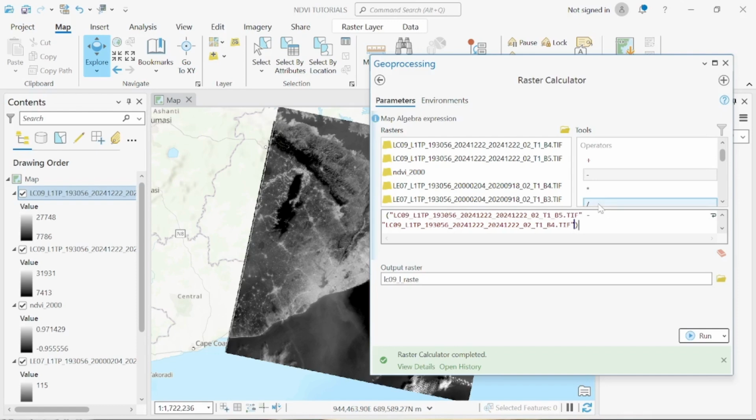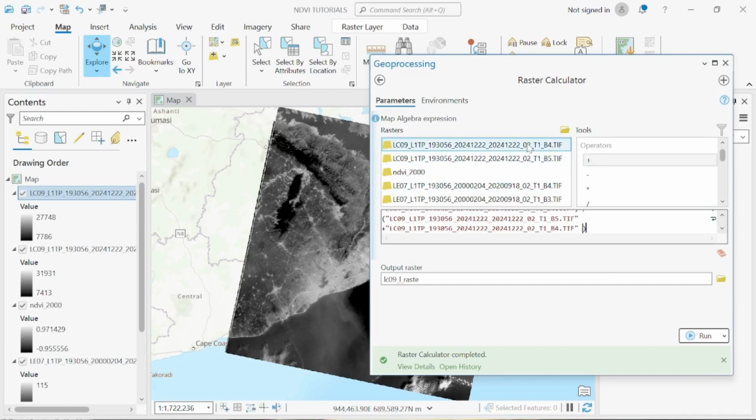Okay, divided by band 5, divided by band 5 plus band 4. Okay, so as we can see, we have our Landsat 9 band 5 minus band 4 divided by